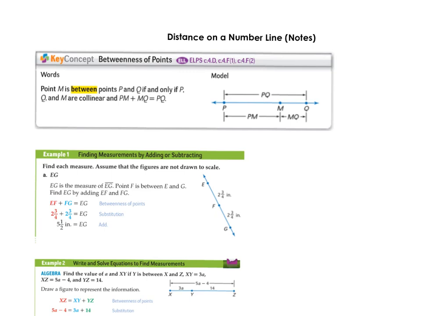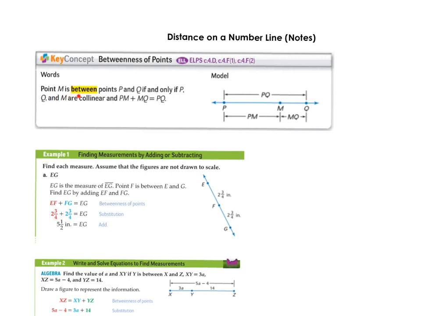Hello everyone. Today we're talking about distance on a number line. And we're going to use some topics that you already know how to use: addition, as well as fundamental algebra and problem solving. The idea with distance on a number line deals with the concept of betweenness of points, illustrated here, such that